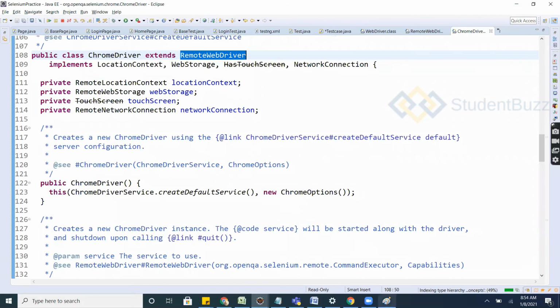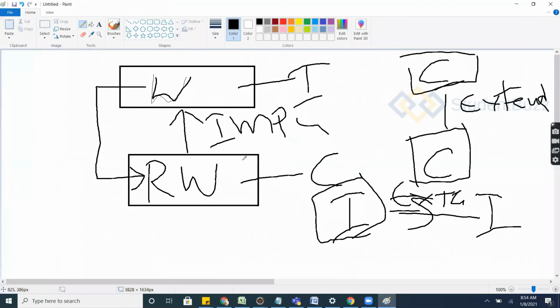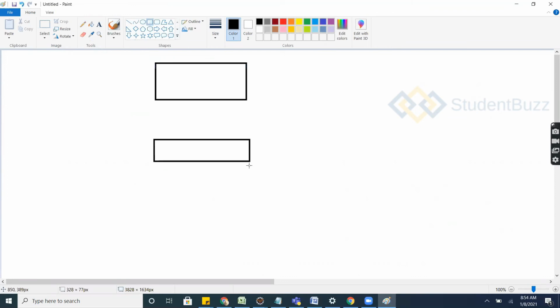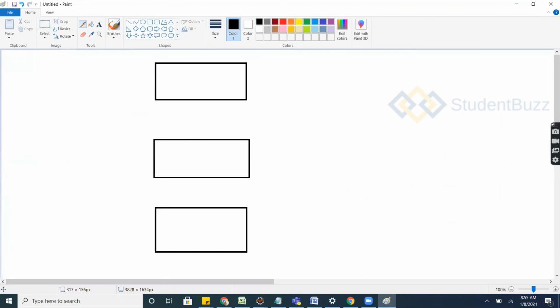Let me make this clear here. As of now, what we understand is: one is the WebDriver interface, another one is RemoteWebDriver, and another one is ChromeDriver. WebDriver is an interface.